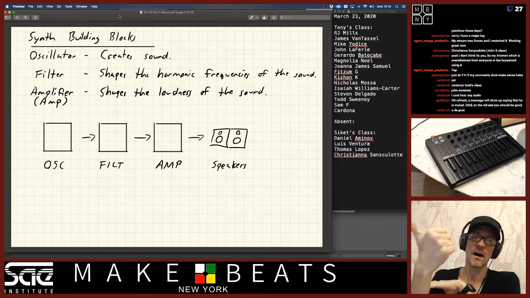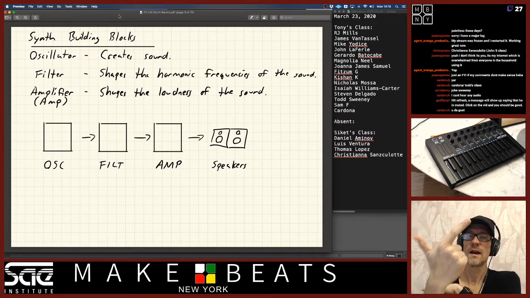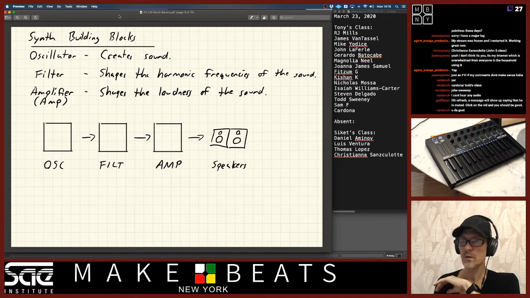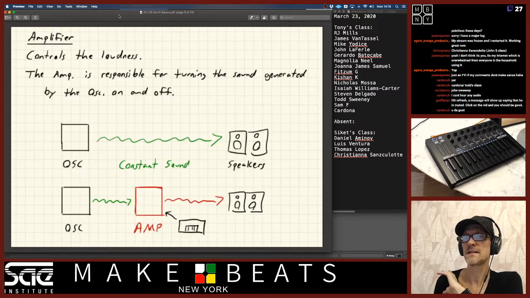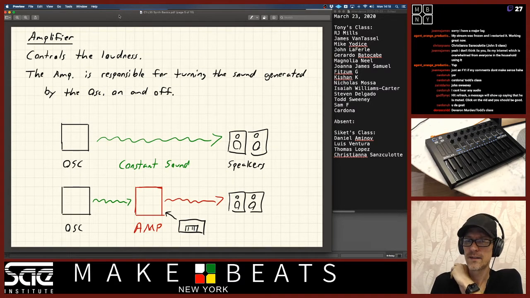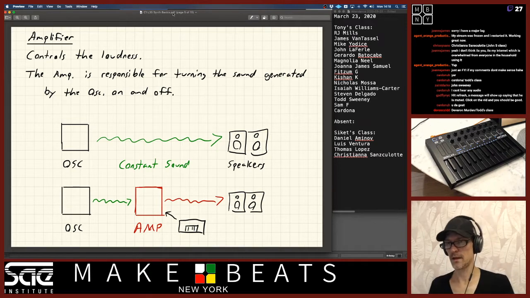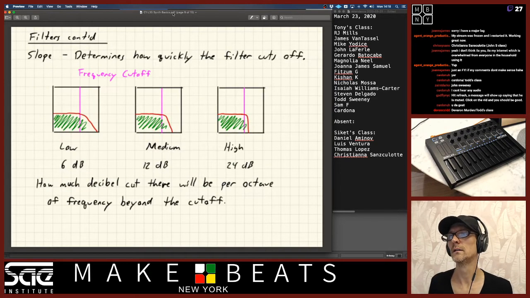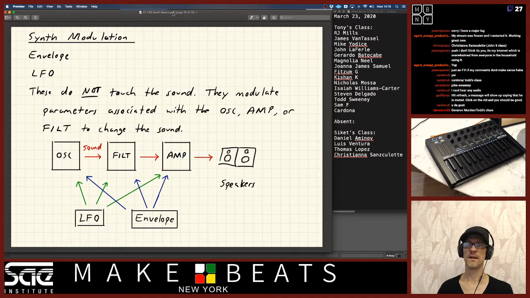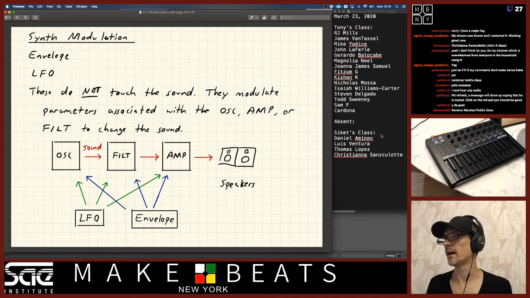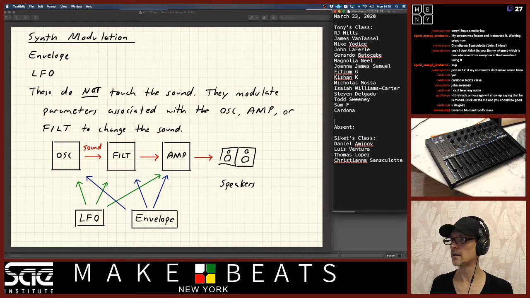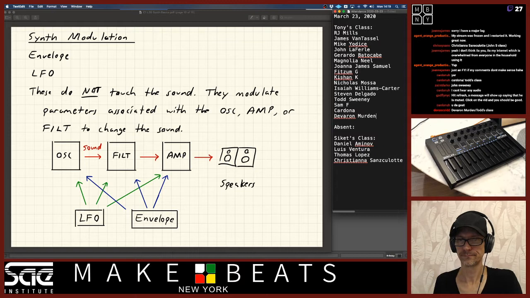The oscillator makes the sound, and then that goes into the filter here, and then goes into the amplifier. So that is what is going on, Deveron. Cool. All right. Hold on a second.